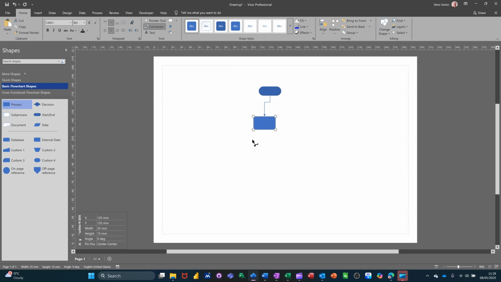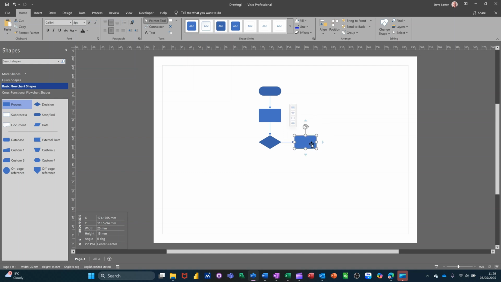Keep it as straight as you can possibly get it. So it's totally up to you how you do this. I personally like to have the connector tool on, but if I show you, if I undo this one and just break that off and put this back to pointer and try using the diagrams coming out below, because that's a process. The connector tool is sticking that there straight away, and if I go down again, you can see I'll do a decision. That's a decision, and I'm going to come out of the side of that with another process,